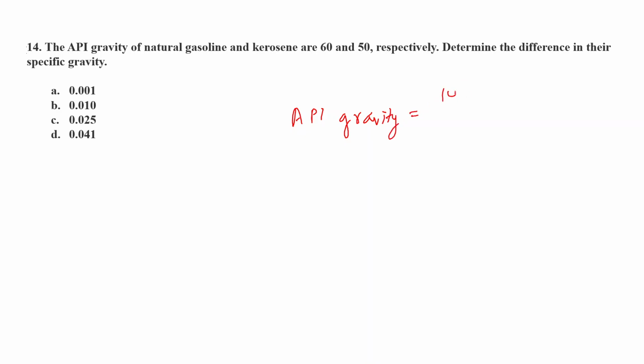It is basically 141.5 upon specific gravity at 60 by 60 Fahrenheit minus 131.5. So specific gravity will be